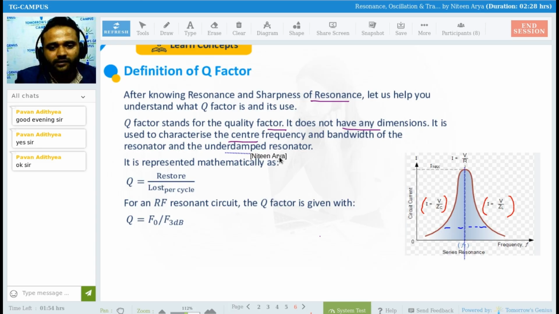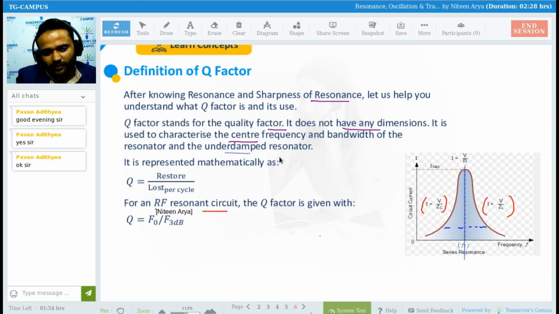Of the resonant and underdamped resonator. Underdamped, fully damped, you don't need to worry about it. That is a little high concept. So what does it represent mathematically? Quality factor Q represents energy restored upon loss per cycle. It means for an RF resonant circuit,